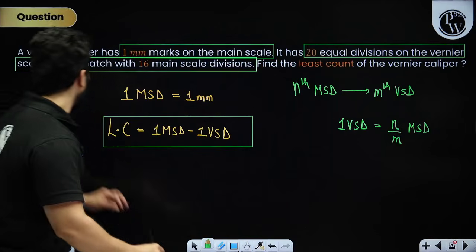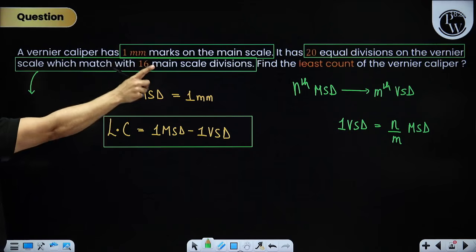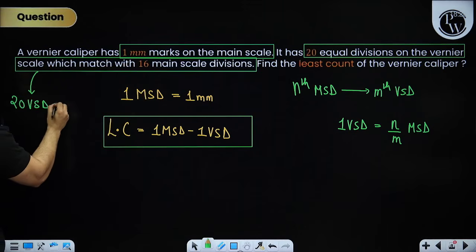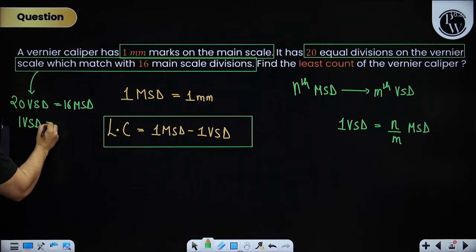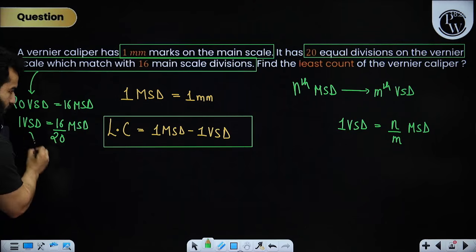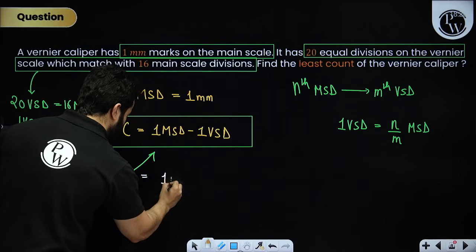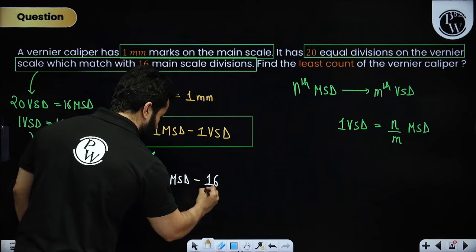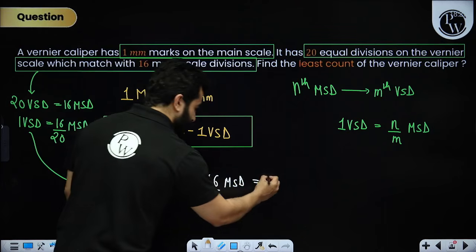So similarly, over here they are saying that 20 equal divisions on the Vernier scale match with 16, that means 20 VSD is equal to 16 MSD. That means 1 VSD can be written as 16 divided by 20 MSD. Now let's substitute this value in this equation, and we are going to get 1 MSD minus 1, instead of VSD, we are going to write 16 upon 20 MSD. And our answer will be 20 minus 16, which is 4 by 20